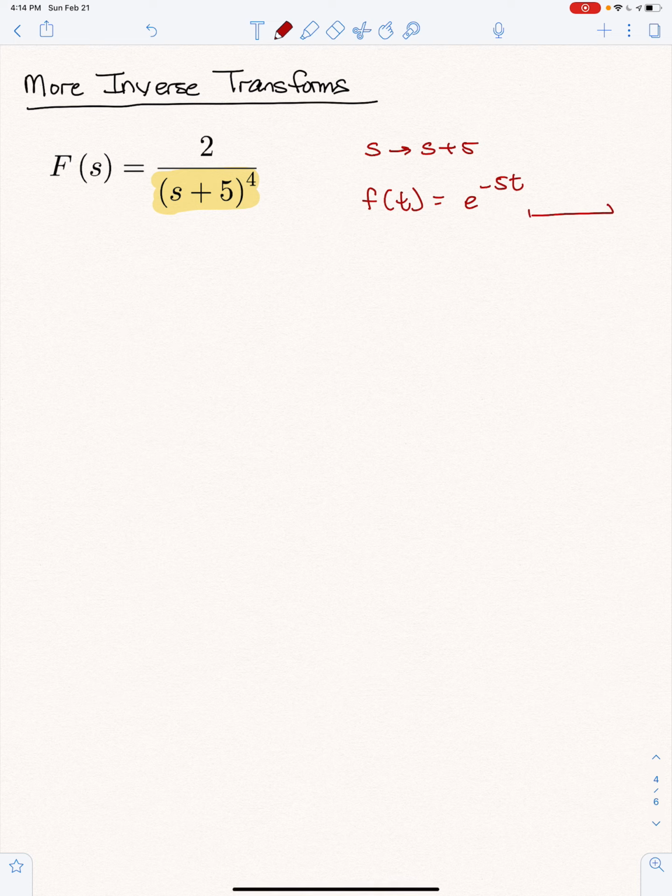To figure out the something, what we're going to do with the transform is bring it back to just plain old s. So we're going to deal with 2 over s to the 4th. Now what does that correspond to? Well, we know that the Laplace transform of t to the 3rd is 3 factorial over s to the 4th. Again, pay attention to the denominator. S to the 4th in the denominator meant t to the 3rd as the original function. So if I want 2 over s to the 4th,